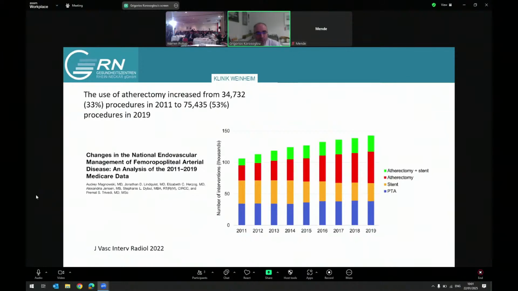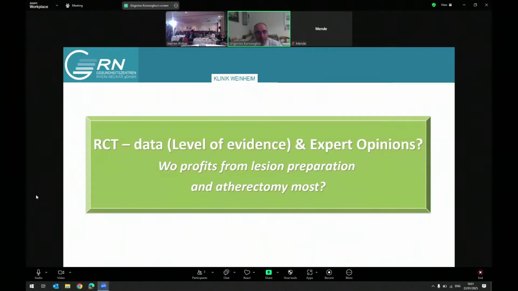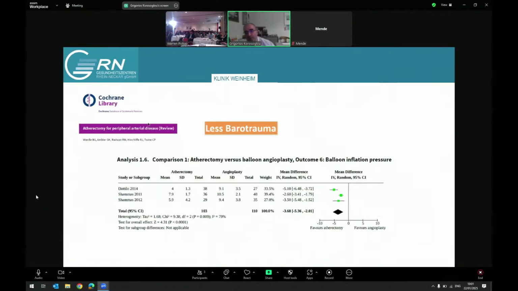So one should ask himself or herself, is there evidence for that? Do we have real evidence, in terms of LCT, that the patient profits from lesion preparation? And we have the Cochrane meta-analysis, which is not so current. It was published a couple of years ago, but here we could clearly prove that with atherectomy, you cause